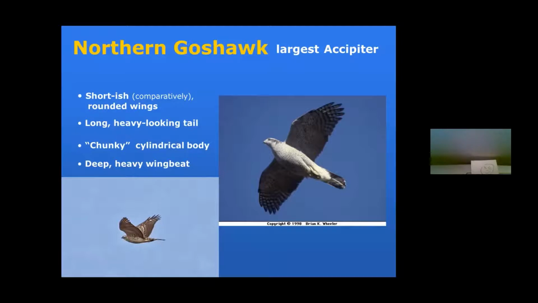You notice the difference. Look how this male, beautiful adult, how bulky that body is. And this big wide tail and how wide the wings are compared to the Cooper's and the Sharp-shin. Still a longish tail, but still compared to a Cooper's and the Sharp-shin. You'll also notice, if you can see here, a very white supercilium, which is what they call the eyebrow above the eye, stands out, especially when the sun hits it. And that's a good identifying factor. So chunky, long and heavy looking.